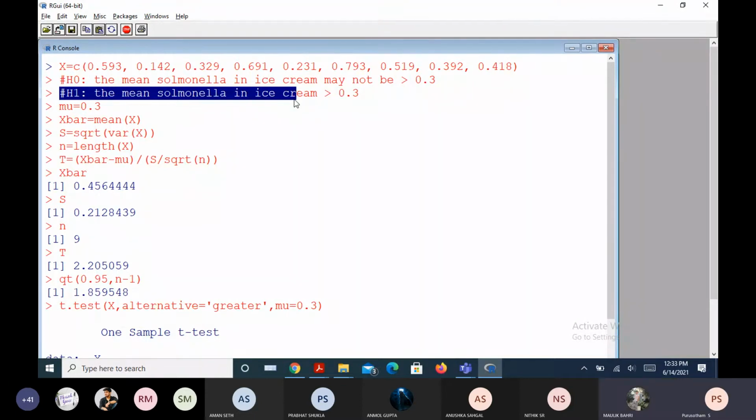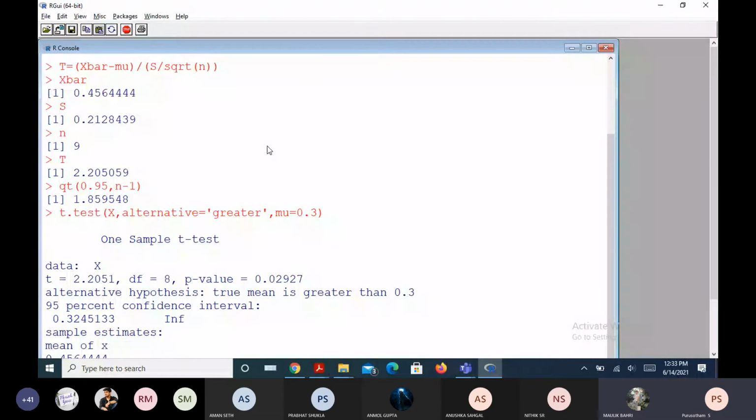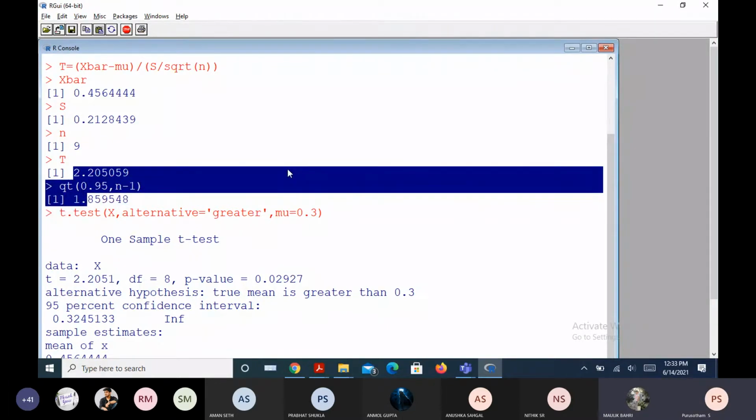Yes, sir. So did you understand this question? Just one doubt, sir. Yeah, please. We came to this conclusion with the code in which we used the formula. So how do we come to this conclusion using the t-test code? Here, this comparison only, right? Yes, so where is qt in this t dot test? Where does this give us the critical value?